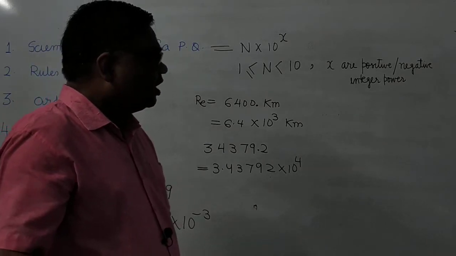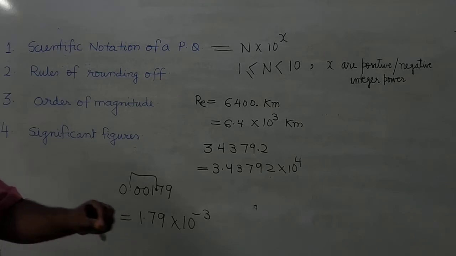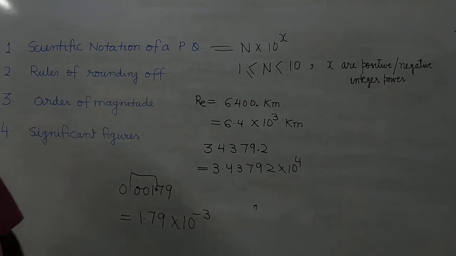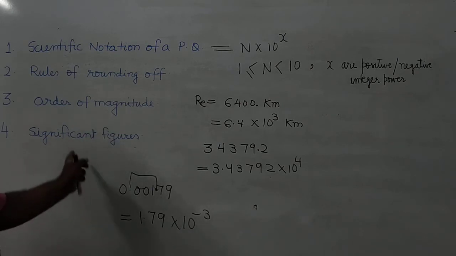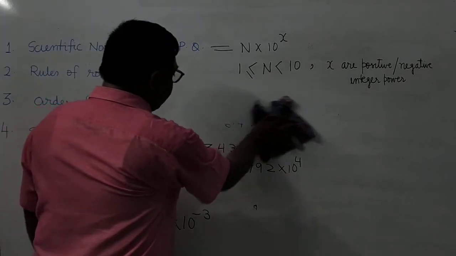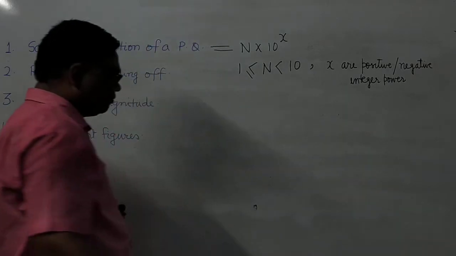It's clear? Then there is the rule of rounding off the decimal. It is sometimes asked in the question, round off the answers up to this decimal point, up to 2 decimal, up to 3 decimal. And in the significant figures, when we will do the calculations of the significant figure, then we will find that the calculations are done with due consideration of the significant figure. It's clear? So that we will see later. So first you see what is the rule of rounding off the decimal. Here it is the rounding of the decimal.